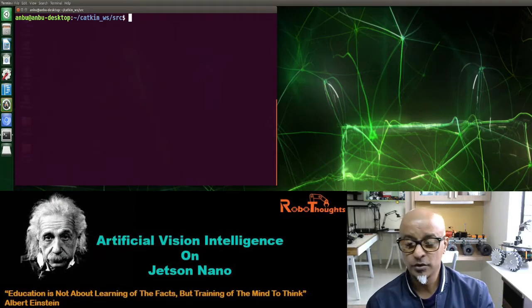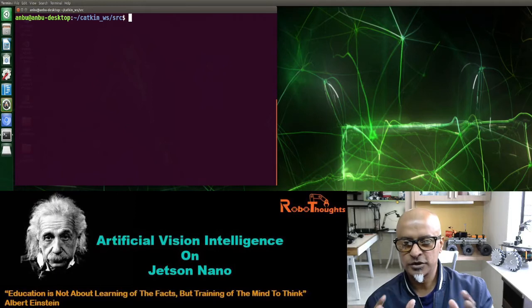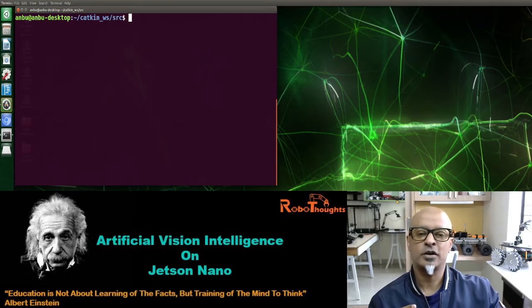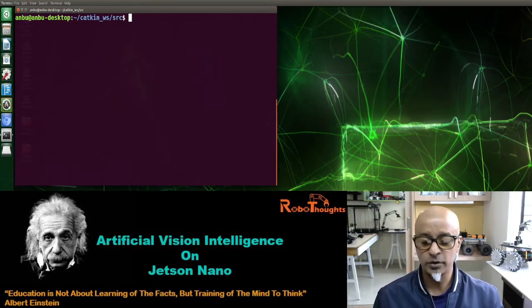Now what we need to do is grab the LiDAR repository from GitHub, which will basically integrate your LiDAR into your catkin inside ROS. So how do we do that?